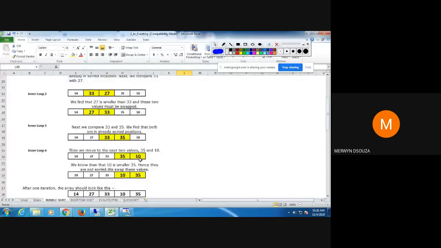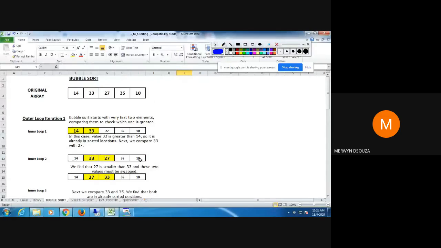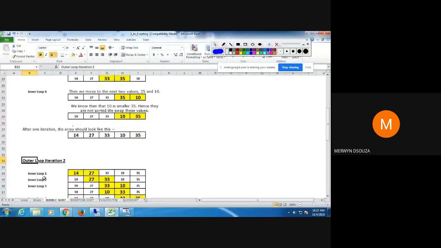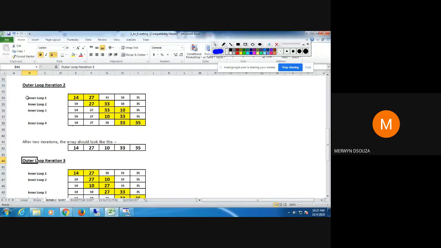Now you need 2 for loops. If you have understood this, you need 1 for loop to control the outer steps, the main steps. That's why I have written it also like that, to help you understand. You need 1 for loop to control the outer loops, and you need another for loop for the inner comparisons, when you're doing the programming.